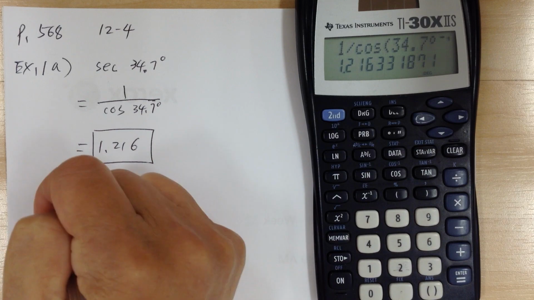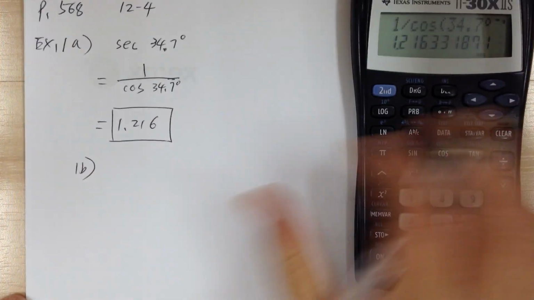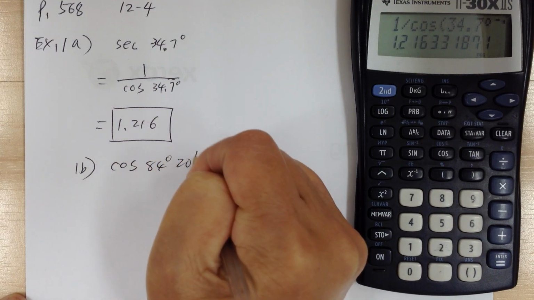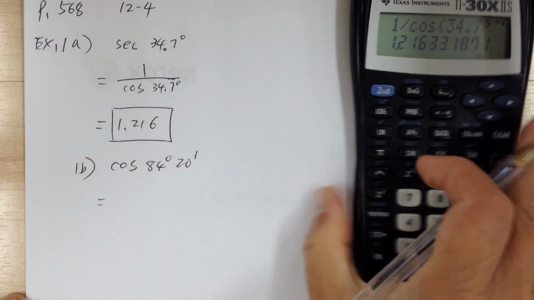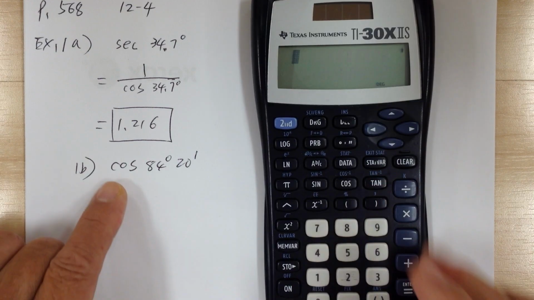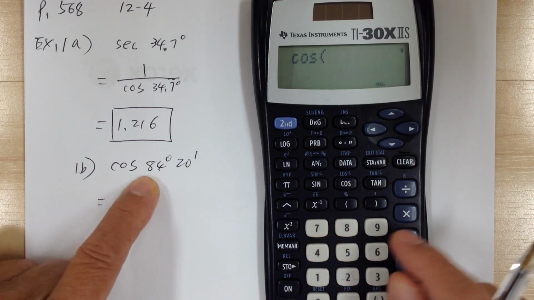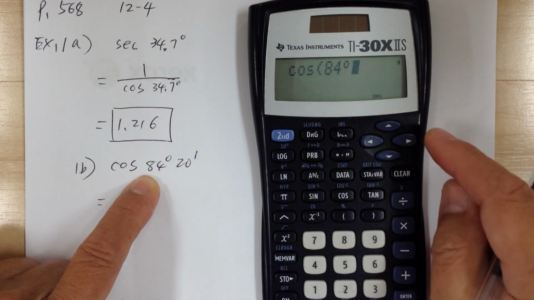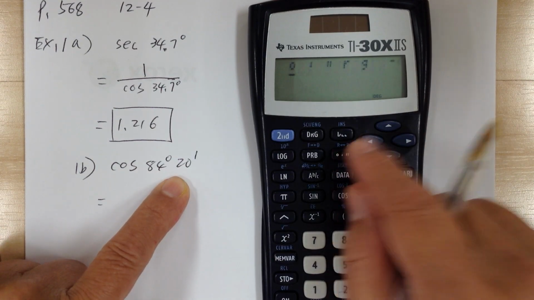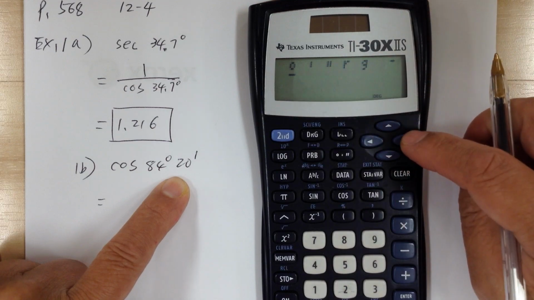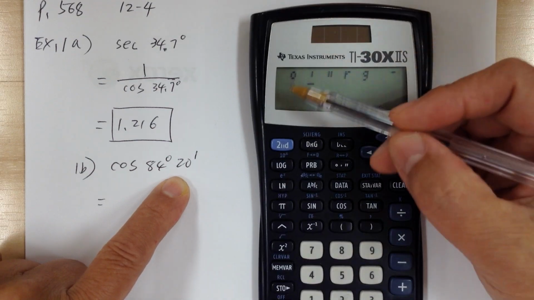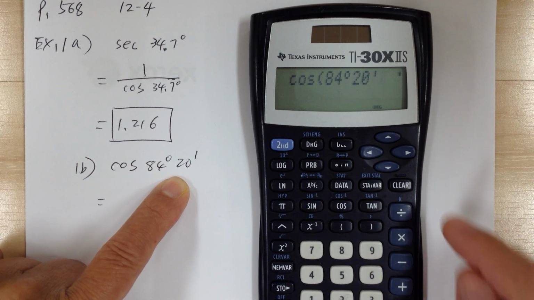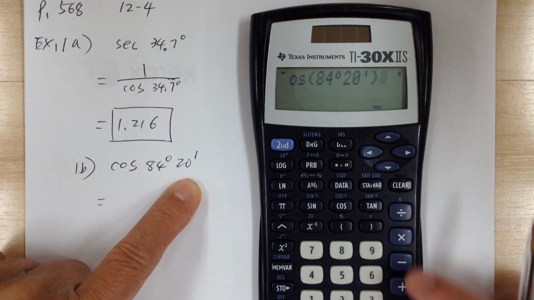Now let's go to example 1b. This is cosine of 84 degrees and 20 minutes. You can get your calculator and just enter what you see up here: cosine 84 degrees, and then 20 minutes. Again, you have to shift over to get the minute. So this is degree, minute, seconds. You enter that, close out your parentheses, and push